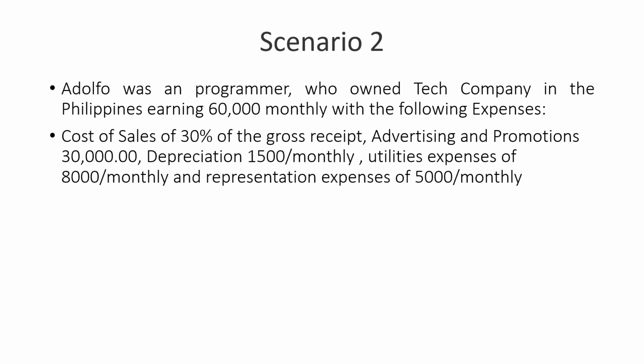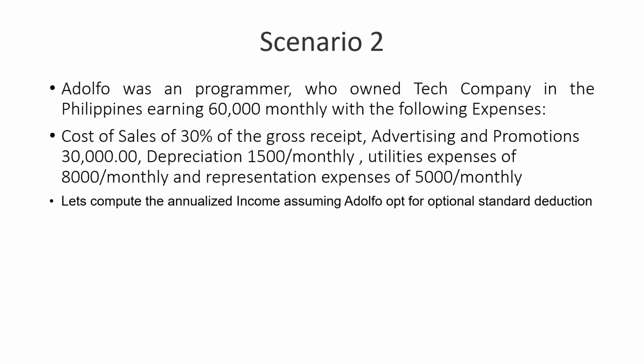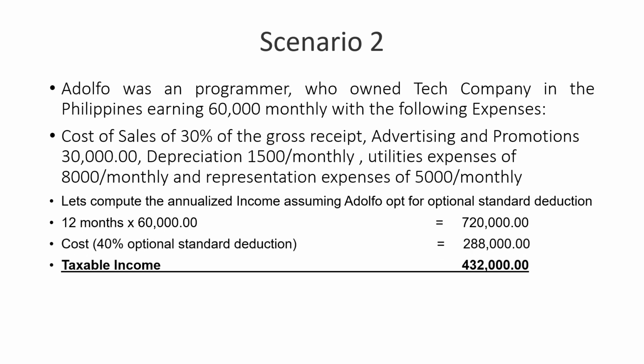Depreciation 1,500 monthly, utilities expense 800 monthly, and representation expense 5,000 monthly. So, let's compute. Assuming, take note, ang ginamit niya dito, optional standard deduction. So, dito natin kailangan yung second information. Kailangan na lang natin, yung 12 months times 60,000. So, that's 720,000. And then, yung cost niya, kasi sabi natin, ang gagamitin niya optional standard deduction, which is 40%